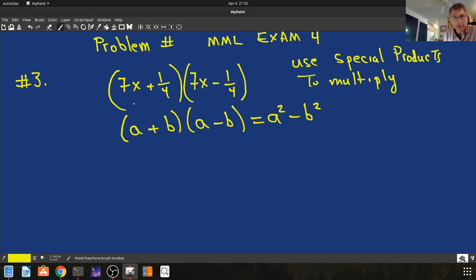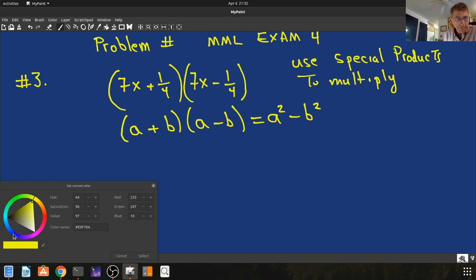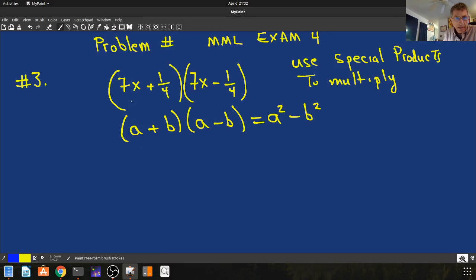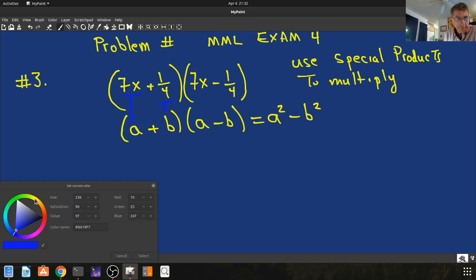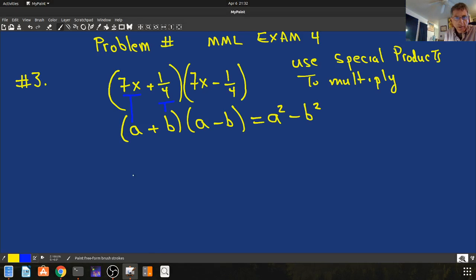In this case, seven x is going to be my A, and 1/4 is going to be my B. So we have 7x, my A squared is 7x squared, from this minus, my B is 1/4, 1/4